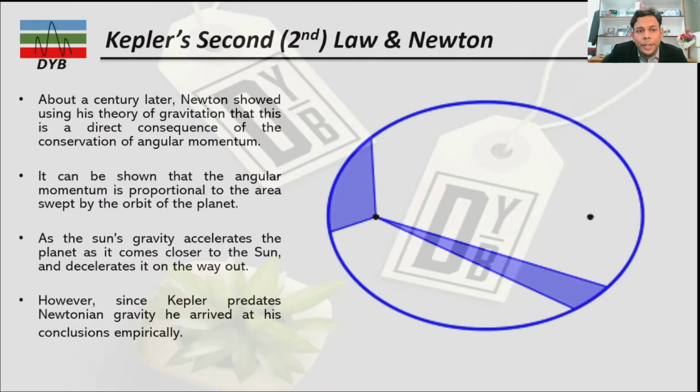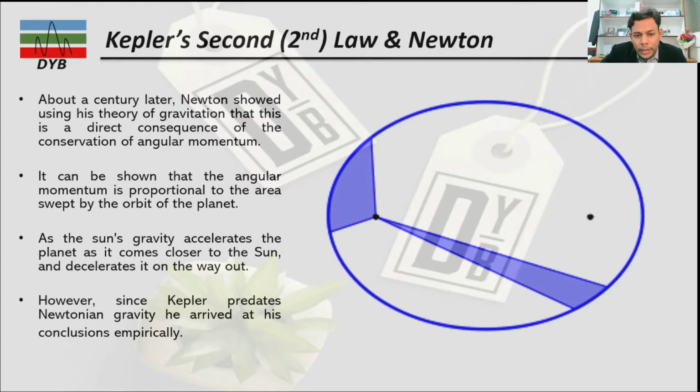So, further explanation of Kepler's second law versus Newton's predictions. About a century later, 100 years later, Newton showed, using his theory of gravitation, that this is a direct consequence of conservation of angular momentum. So it can be shown that the angular momentum is proportional to the area swept out by the orbit of